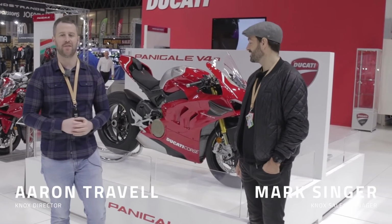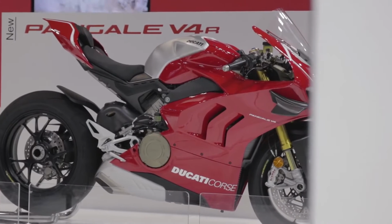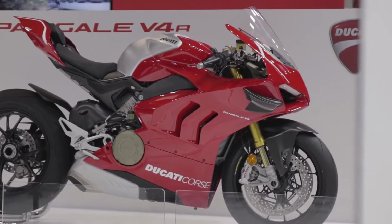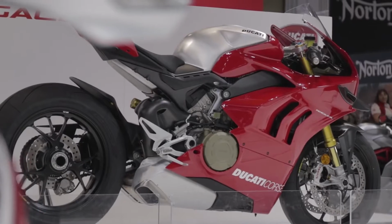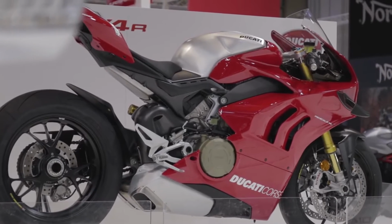Okay, we couldn't be at Motorcycle Live and not come over and have a quick look and a chat about the new Panigale V4R from Ducati. It's got to be the trickiest combustion engine bike at this show, Mark. Yeah, it is a phenomenal machine. Obviously, yesterday we looked at the S1000RR, also an incredible bike, but this...